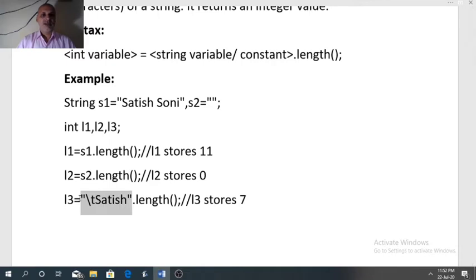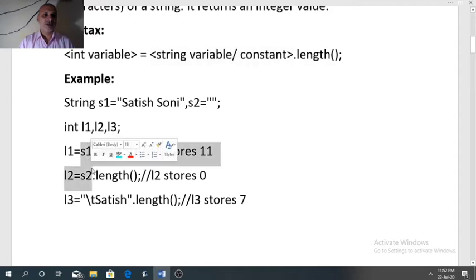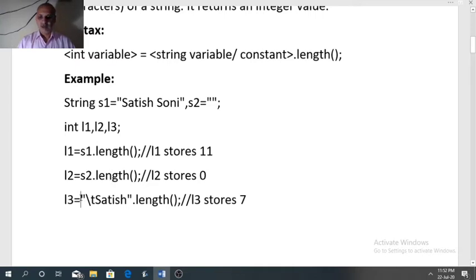Slash T Satish in double quotes. In the beginning I had told you source string can be a string variable or string constant. So in first two examples S1 S2 I have used string variables. In third example I have used string constant.